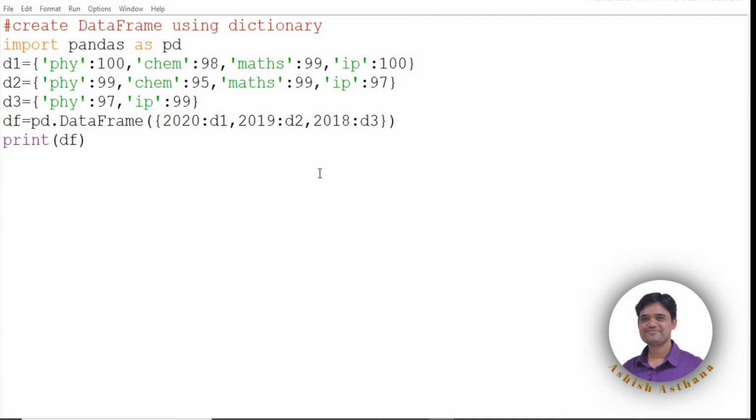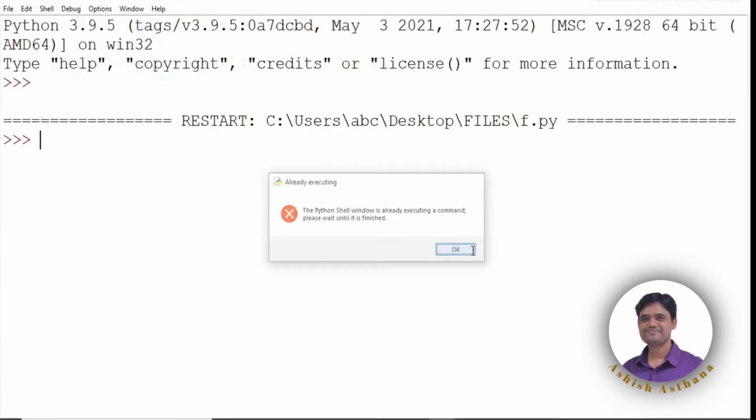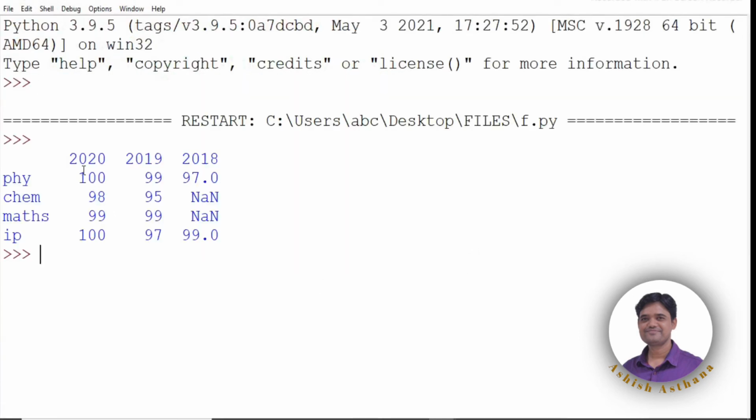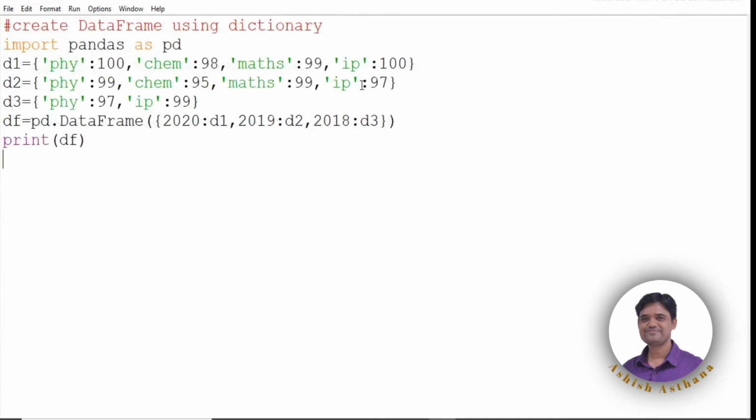You can see again: here are your outer keys as column labels and inner keys become row index labels. So like this you can convert your different dictionary variables into a data frame,